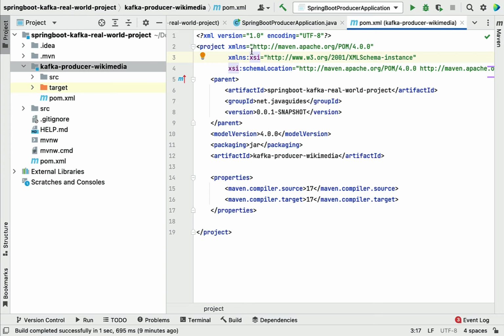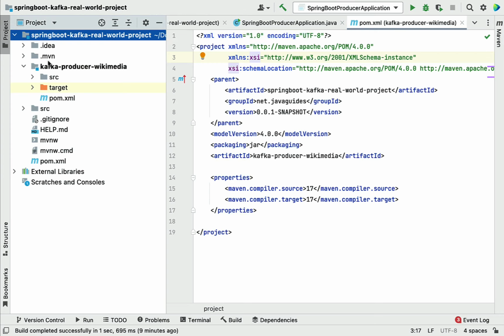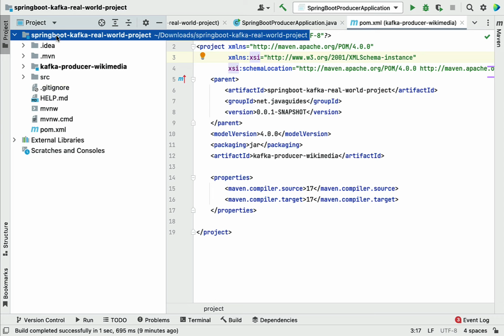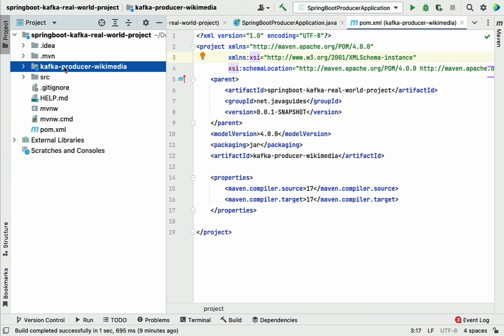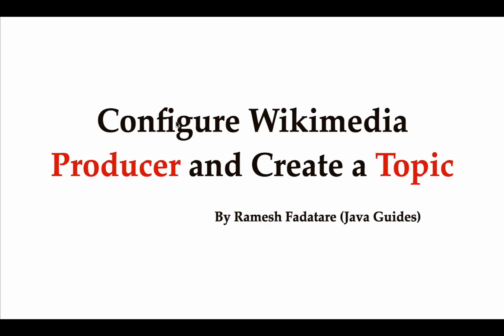Hi, welcome back. In previous lecture we have created a multi-module Maven project. So basically we have created a parent project. Within that we have created a child project, that is Kafka producer Wikimedia. So this Kafka producer Wikimedia project acts as a Kafka producer. Now in this lecture let's go ahead and configure Wikimedia producer, and also we'll create a topic within our